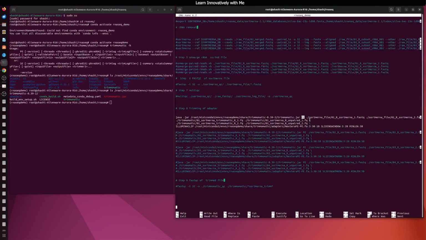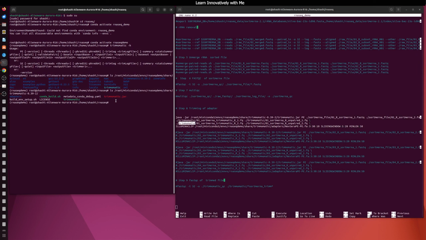Next is PE, denoting paired-end FastQ files, and the path for the input FastQ files: the SortMeRNA read1 file, and the read2 file. So I'm using the rRNA-free files that we generated using the package SortMeRNA. I am using these FastQ files, read1 and read2, as input for trimming the adapter, and next is the output for the trimming. I'm using the directory Trimmomatic to save the trimmed FastQ files, using the name SortMeRNA Trimmomatic R1 and the unpaired FastQ file. Like this for read2. So I have to make the directory Trimmomatic so that I can save these files in that particular directory. For this I'm using mkdir Trimmomatic,